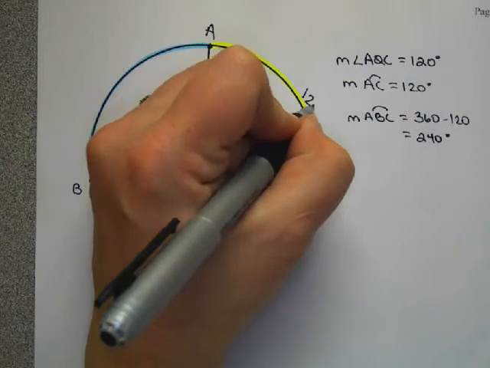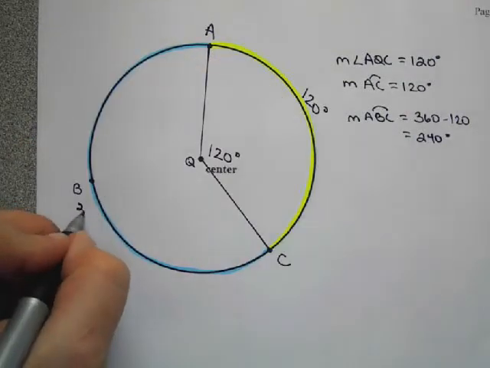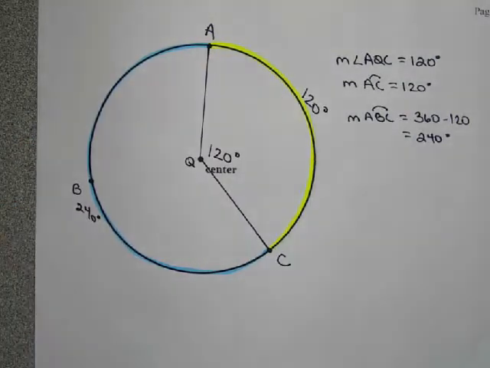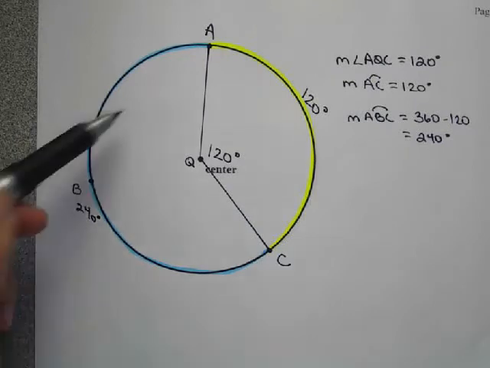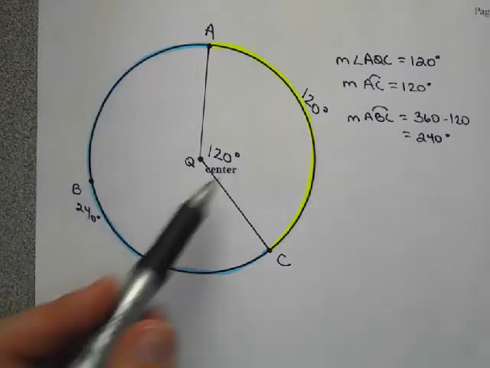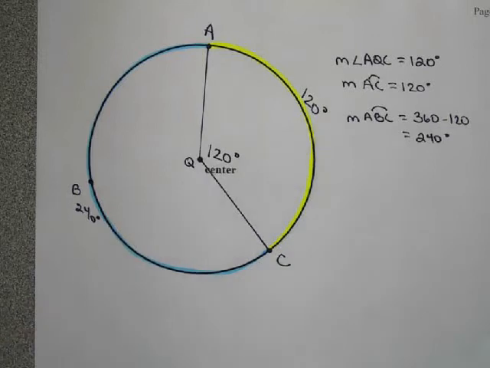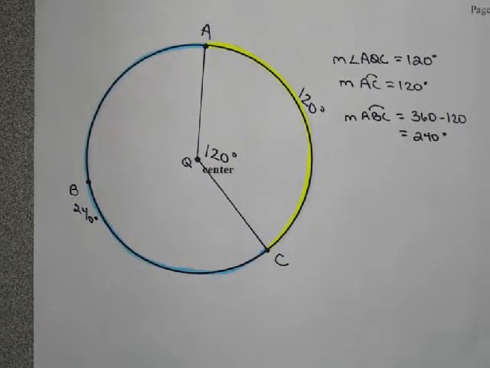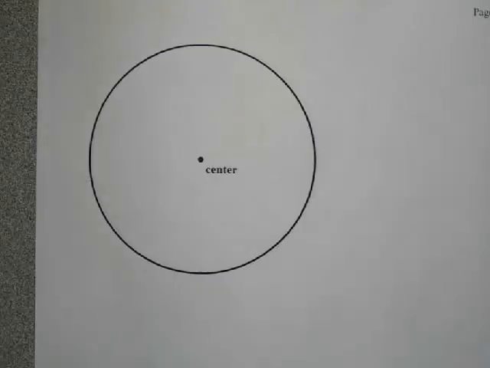So this arc would be 120. This arc would be 240. And you can write the arc measure outside the circle and the central angle inside the circle. So you can do a lot of these kind of problems. You can cut off more than one central angle. So for example,